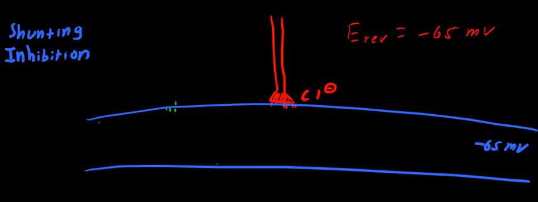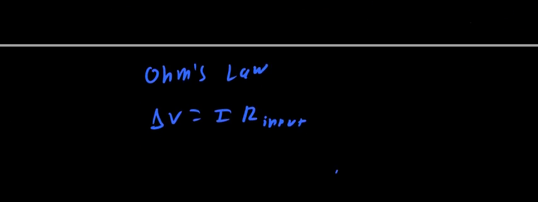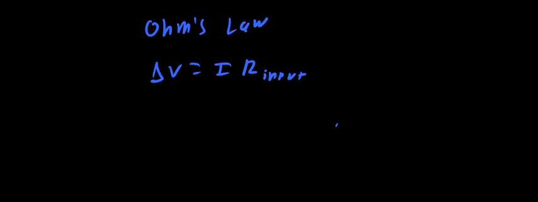Input resistance has to do with the number of channels or conductances open. It's how hard it is for an ion to go through a membrane. So it's really the resistance that an ion experiences as it travels through a membrane, through these channels. And the question is, when I open these chlorine channels, what am I doing to that input resistance in this Ohm's law equation? Are we increasing this input resistance, or are we decreasing this input resistance? And if we're opening more channels, we're actually decreasing input resistance because we're offering more paths of conductance for these